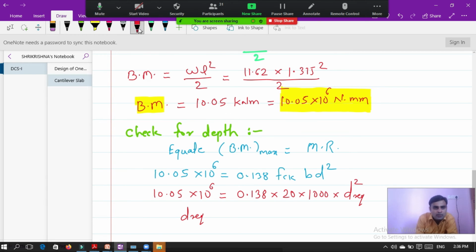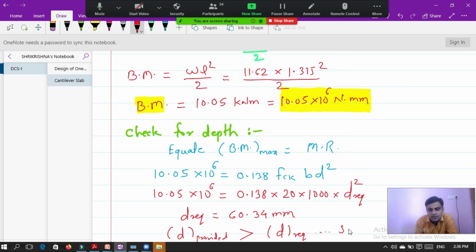what is the value of d you are getting now? So the required depth is 60.34 mm. So the required depth is so less. D provided, whatever we have provided, is greater than d required.